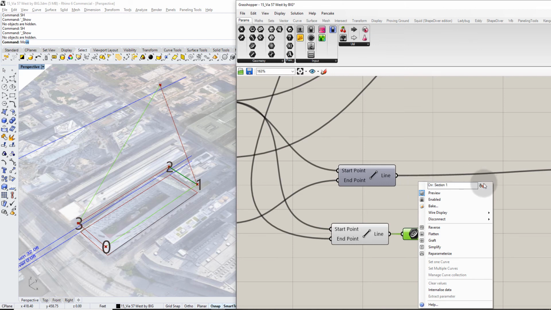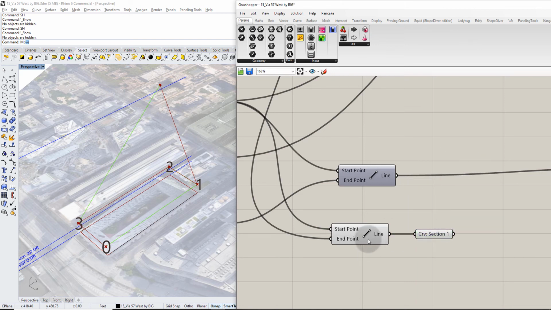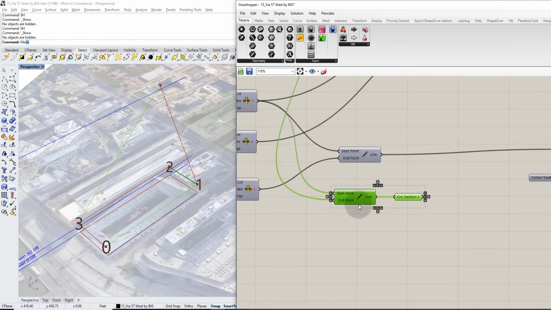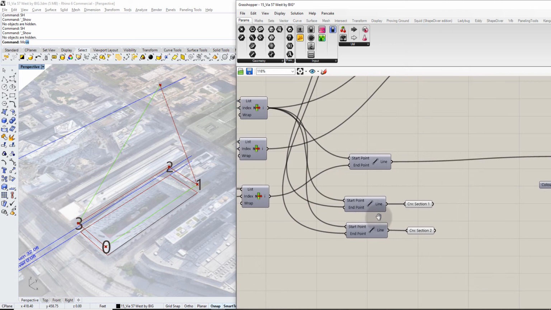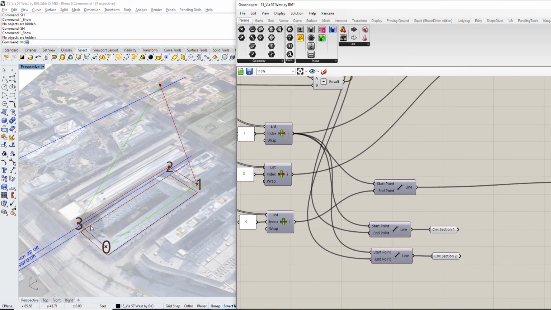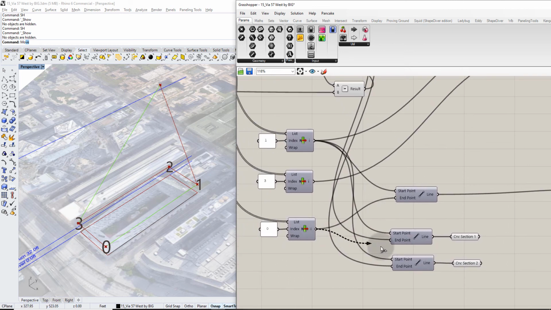I like always labeling because that way I get less confused. As you can see already, we have so many lines being drawn. So that was section 1. Now section 2 goes from 0 to 3. So here's 0 and here's 3. Essentially we're just drawing lines between those specific points, and you see that's section 1 and this is